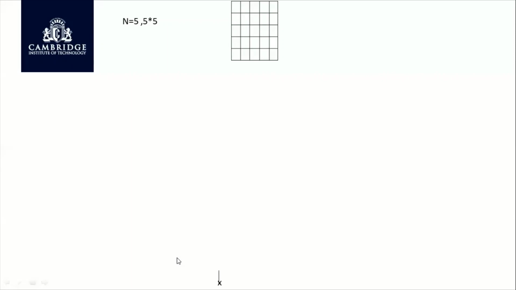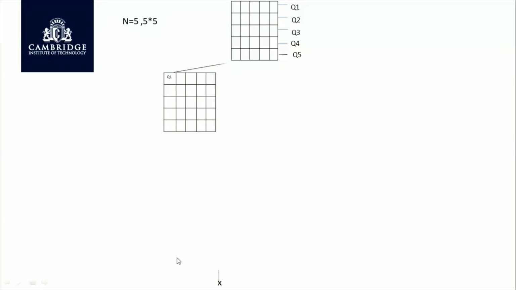So we have a 5x5 chessboard here. Assuming that 5 queens have to be placed, one in each of the 5 rows. Queen 1 will go into the first row, Q2 in the second row, etc. As usual, we explore the first column of the first row, so we have placed it there. Please correct me if the positions are wrongly marked. This row is blocked, this column is blocked, this diagonal is blocked.